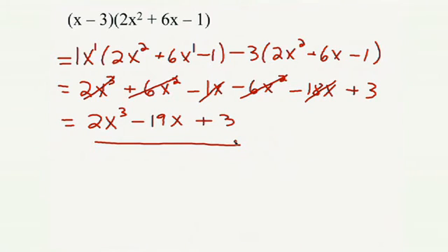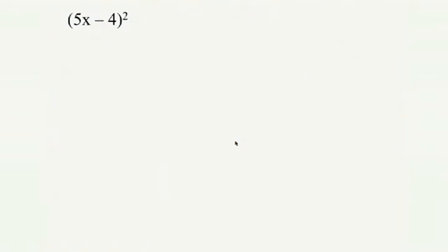Let's look at an exponent with a polynomial. Now, Jerry, what's the most common wrong answer we're going to see here? Most common wrong answer is 25x squared plus 16. That's right. There's a tendency here to think you can just raise 5x to the second power and 4 to the second power, but unfortunately you can't.